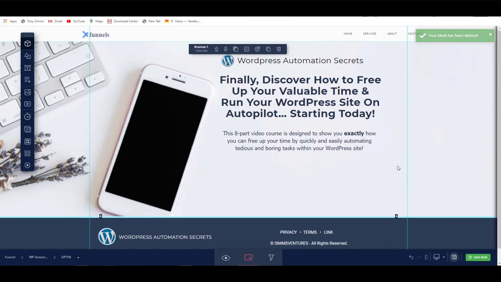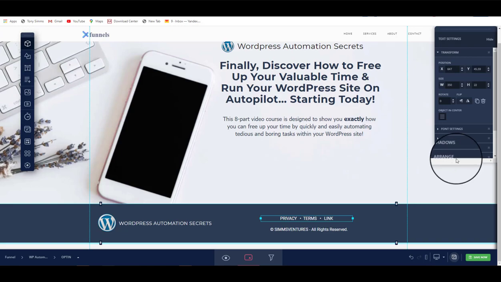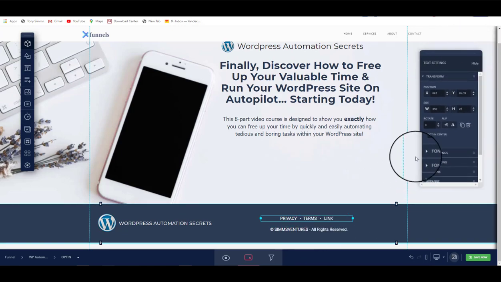As I say, I only want a very simple page. I've put in down here just a little bit of bits and pieces. Now here, this text box, I want to link to my privacy, my terms, or whatever I want to link it to. What I'm going to do is click in that box to bring up the edit box here. What I want to do now is come down to font settings,